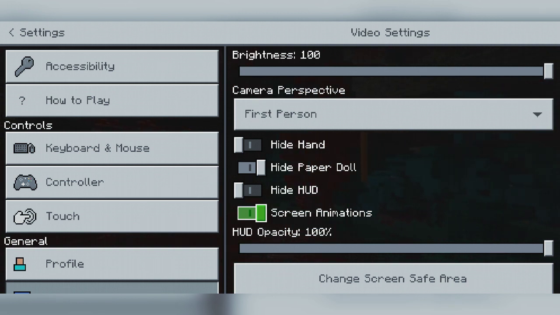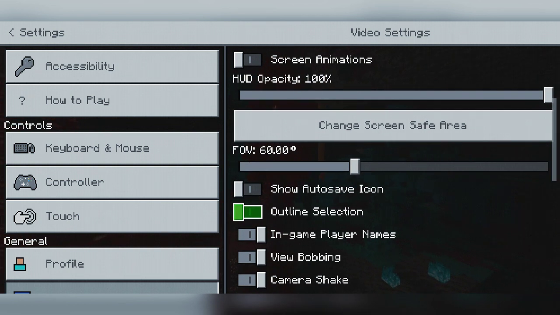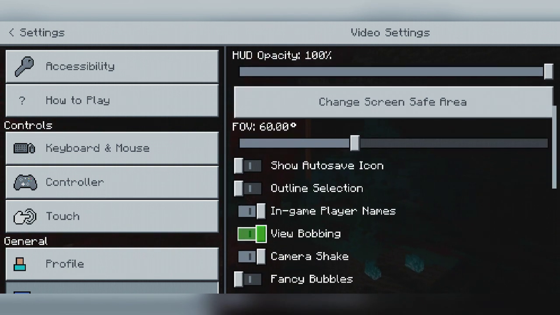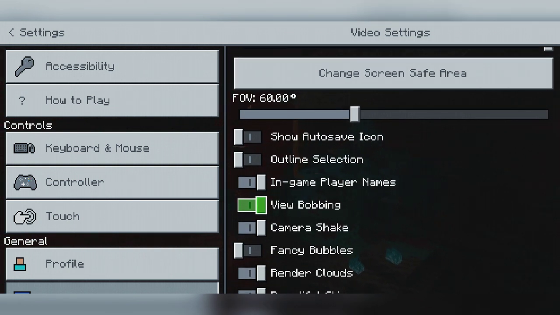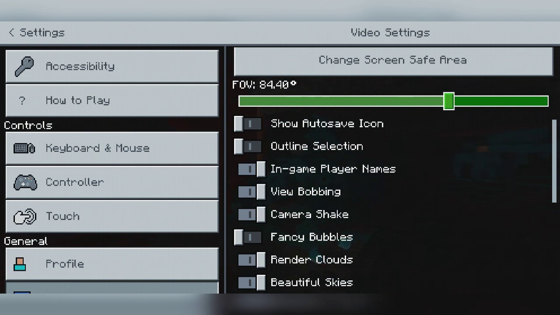It's only for high-end devices, and you know what high-end devices are. So yeah, please turn off screen animations. That is better for yourself. Now after you have turned it off, you are going to face a lot less lag.